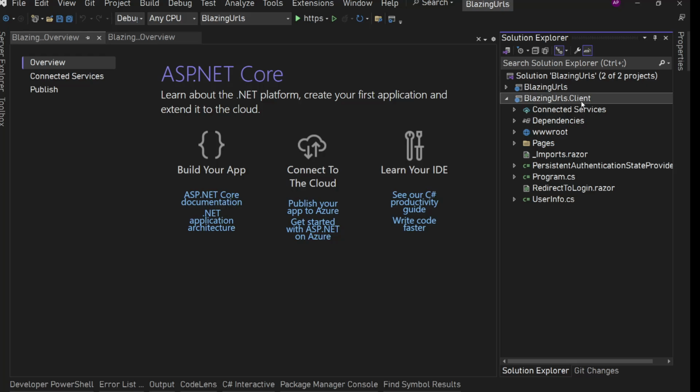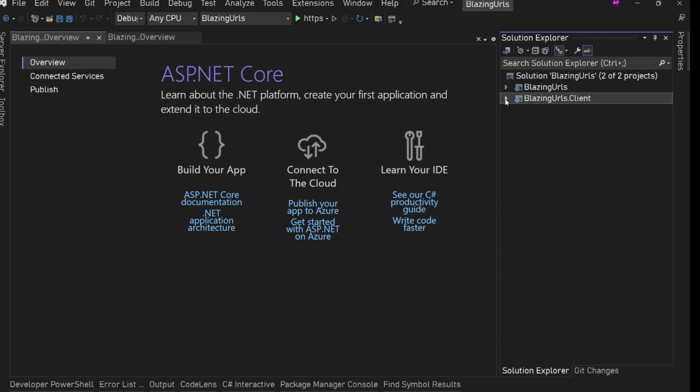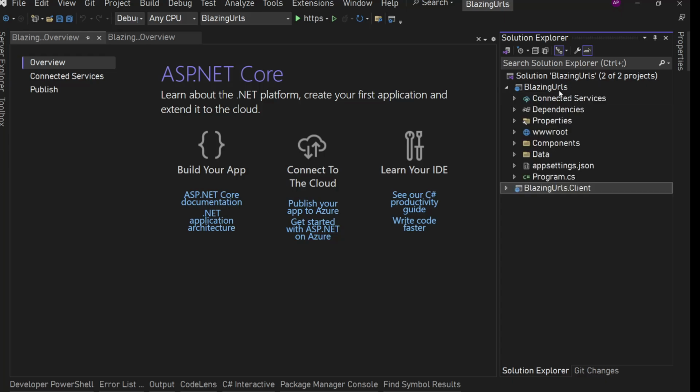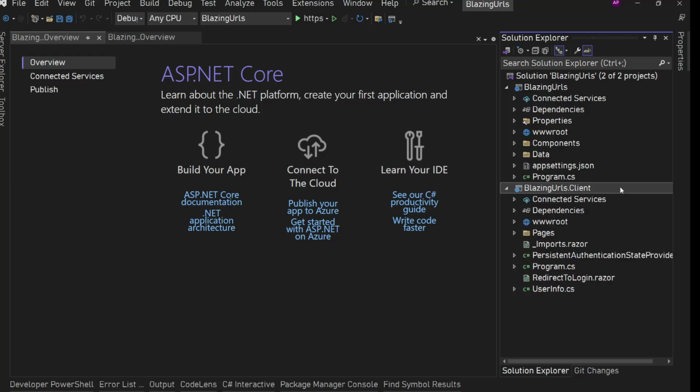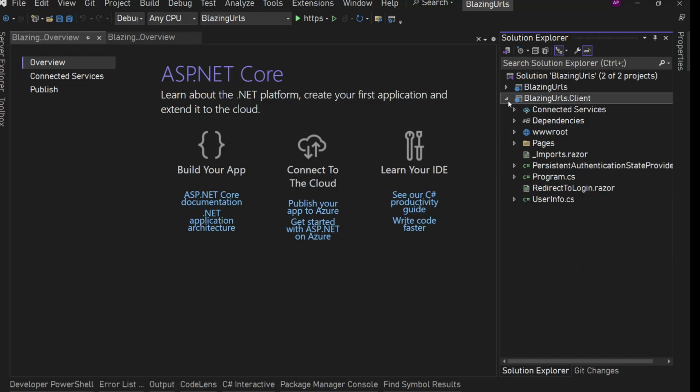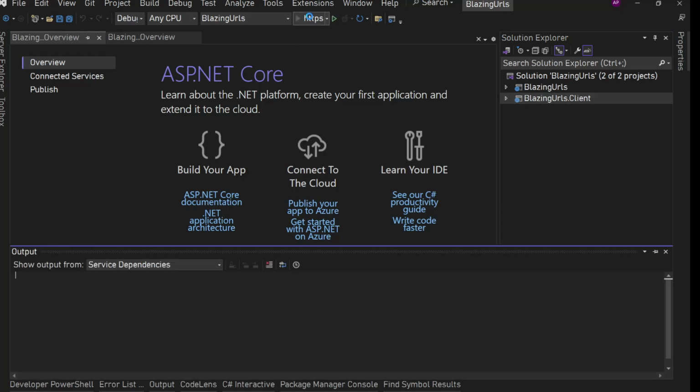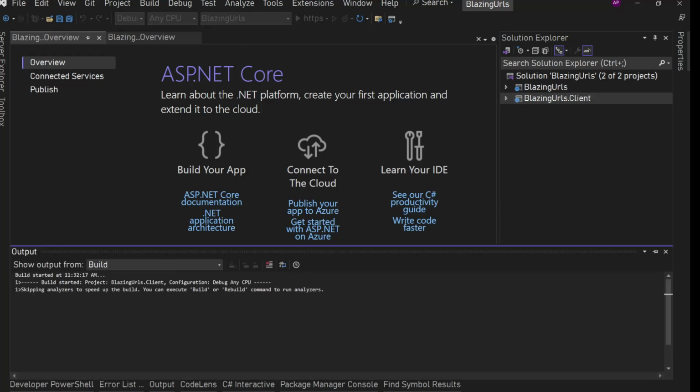So we are not going to put any sensitive or secure information in this client project. Whatever server related stuff we have, we are going to put it in this main Blazing URLs project. All right, so these two projects in this solution, let's run it quickly,